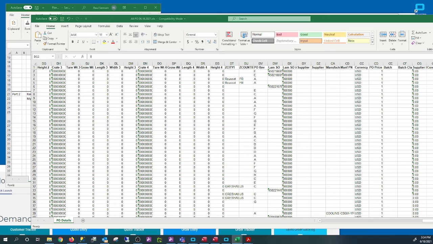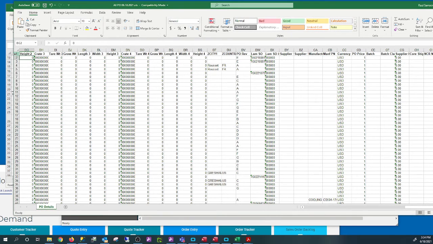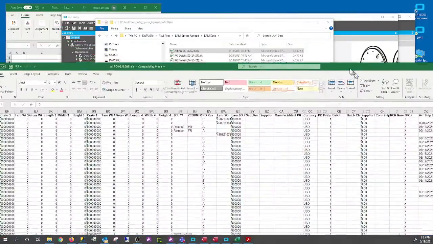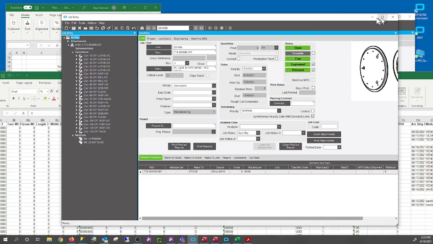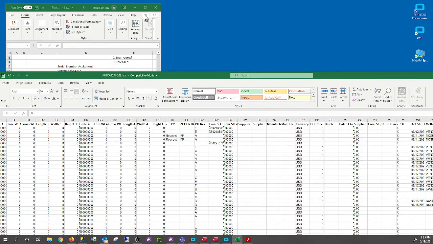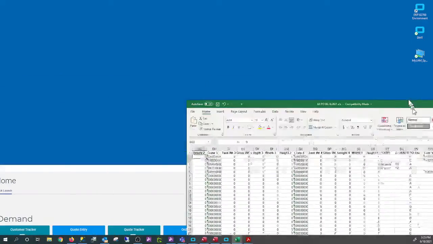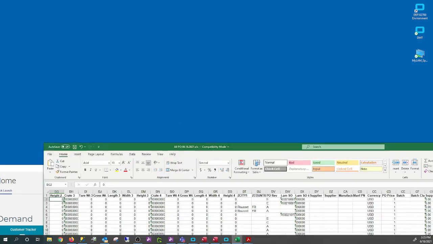As you can see on these spreadsheets, these are raw data from LAM that has been downloaded earlier today. Currently we created an application that will load all of this into the Epicor. So we're going to open that application.